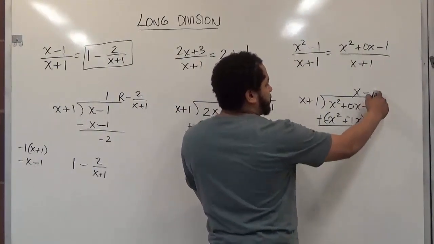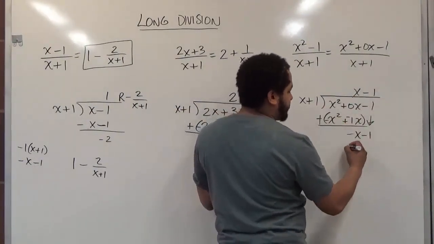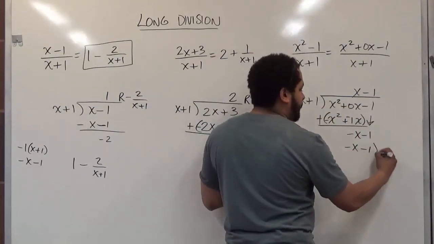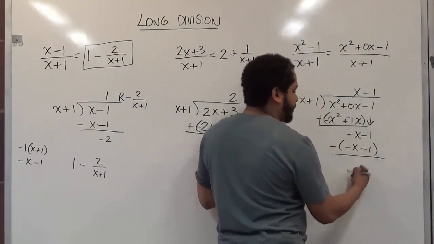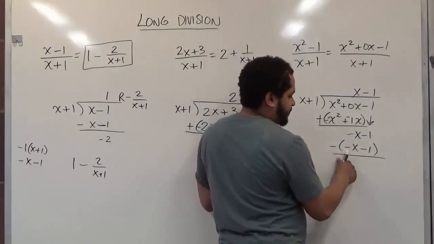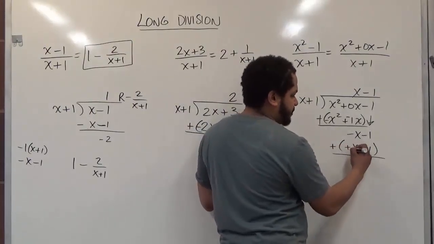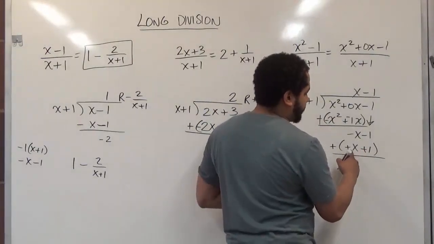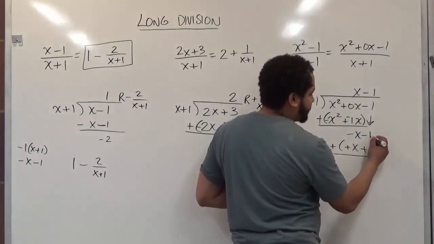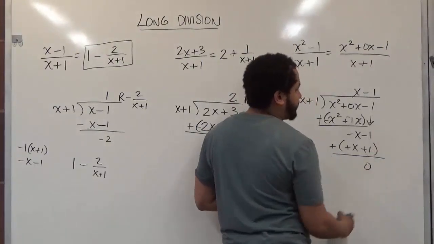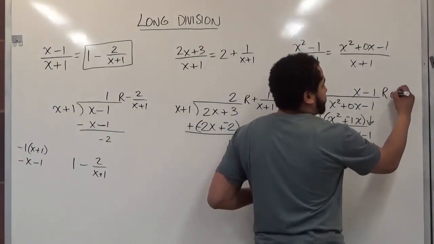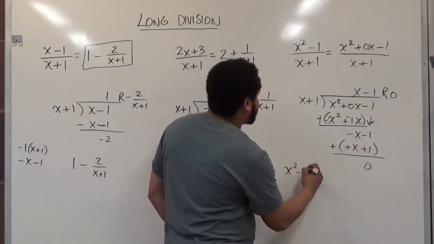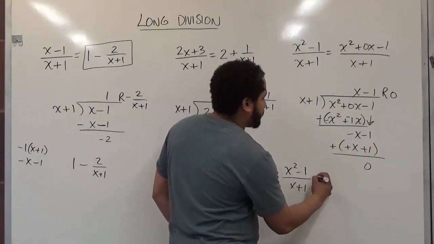And once we have this, we're going to multiply. Negative 1 times x is negative x. Negative 1 times positive 1 is negative 1. Now we're going to subtract this from what we have up here. So the negative makes everything change in here. All of these become pluses when we distribute the negative sign. So now we have negative x plus x. That's 0x. Negative 1 plus 1 is 0. So there's no remainder in this case. So the result of this quotient, x squared minus 1 over x plus 1, is just equal to